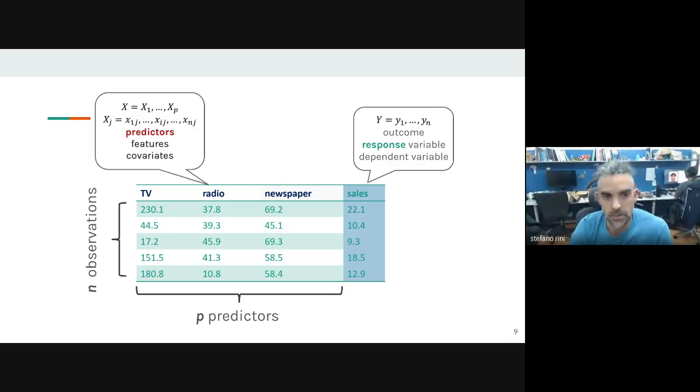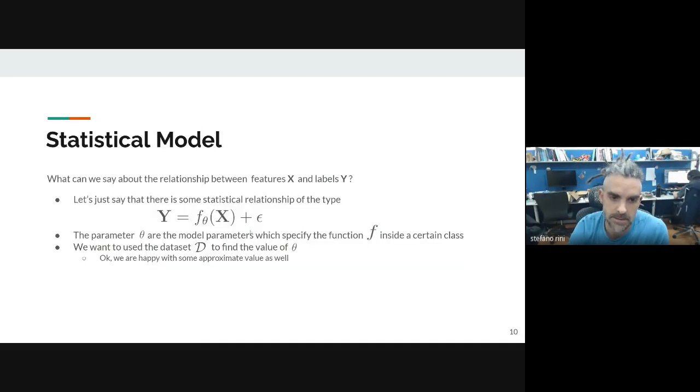Usually we have x1 to xp, and then we have x1 to xn to indicate the rows of the dataset, and then the outcome will be y1 to yn, where small n is the number of entries in the dataset. And then after we have this, we have to decide what we believe is the reality of the world that we live in. We have to say there has to be a relationship between our input and our outputs of the model, our predictors and our response.